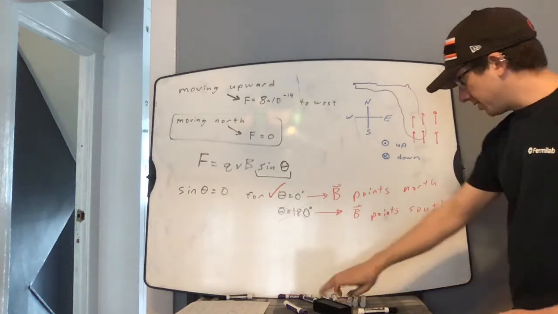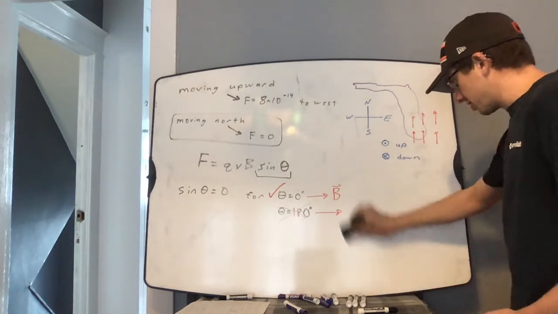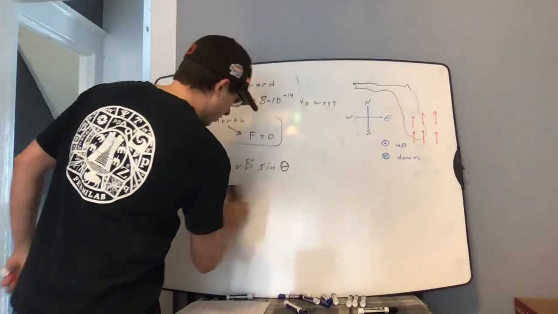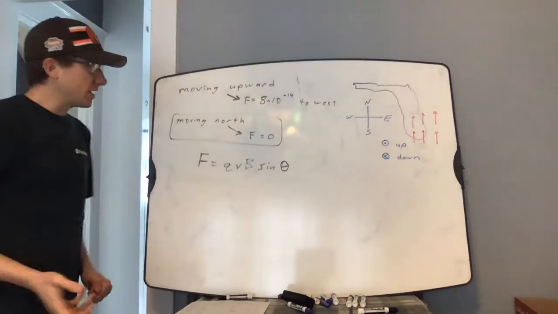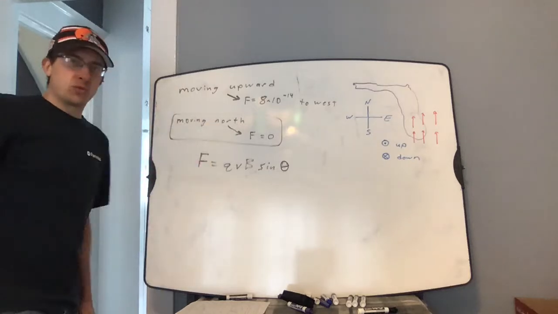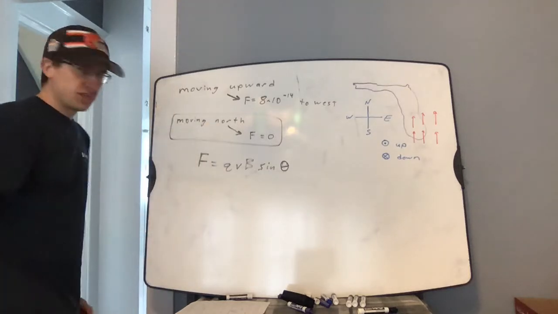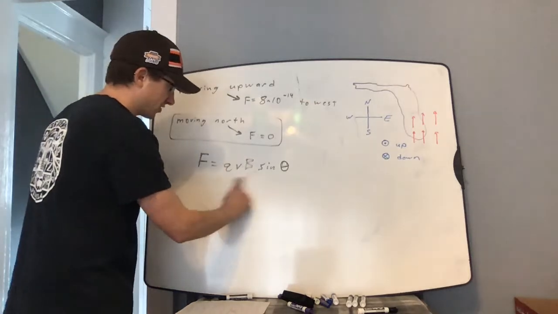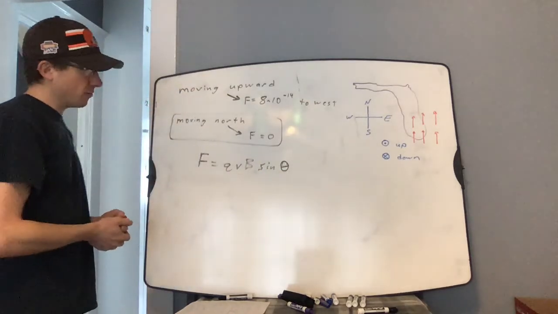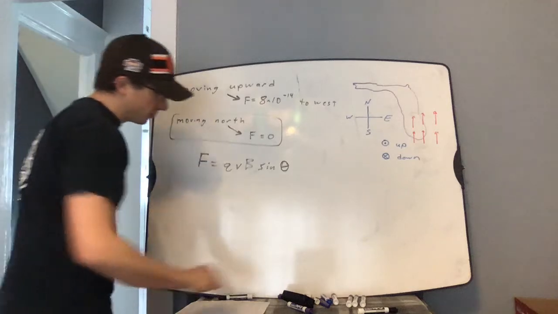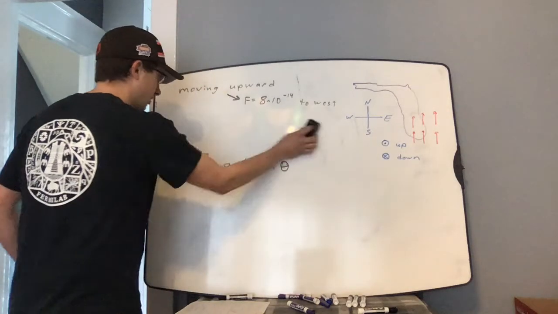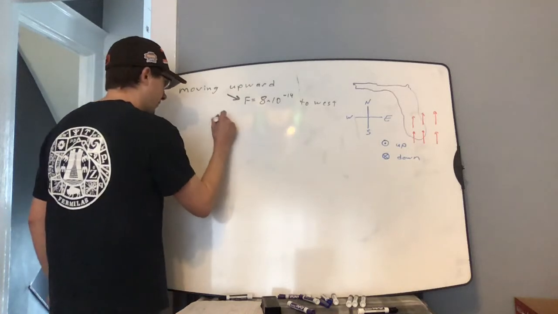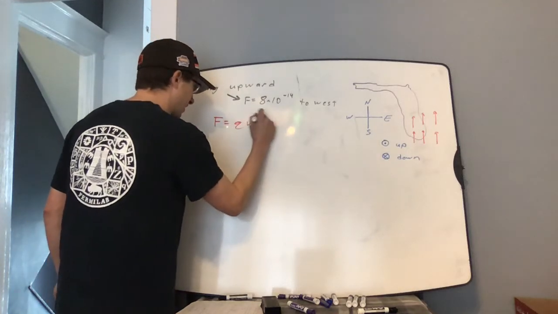The rest of this problem is going to be determining the strength of the magnetic field in this region. So for the strength of this magnetic field, we won't be able to really get any useful information from this piece from here because it doesn't matter what values these are, we multiply by 0. But we will be able to use this piece of information fairly nicely. So if I say F is equal to QVB sine theta,